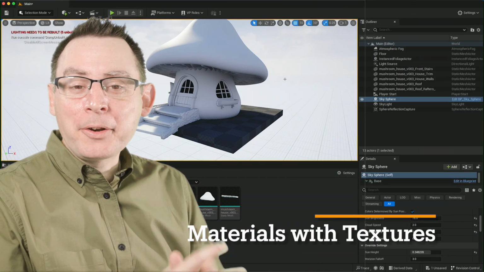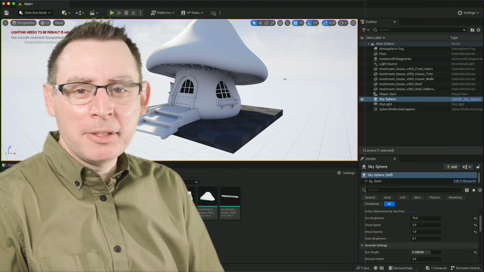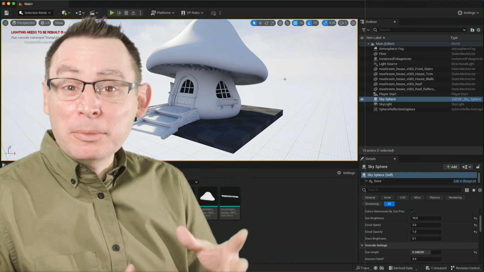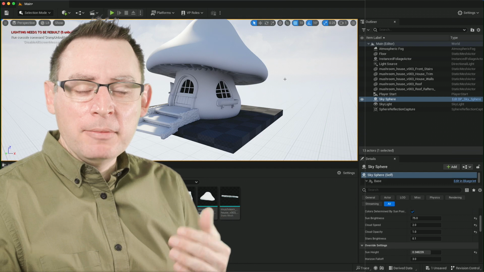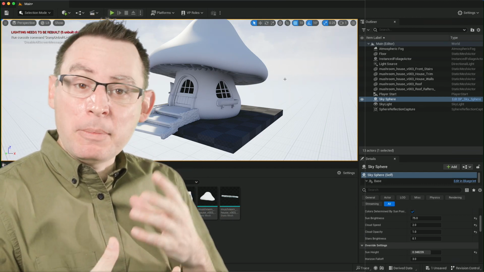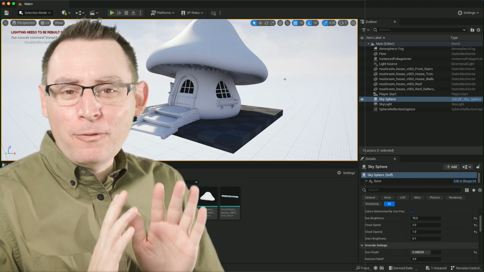Now that we have our model inside of our Unreal Engine scene, it's time to get the textures on our mushroom house. Importing our textures into Unreal is really easy, and it's very similar in structure and in sequence to how we import all of our geometry in. There's one small addition that we need to make into our import process and to be mindful of as we go through this entire sequence, but it's really easy, very straightforward.